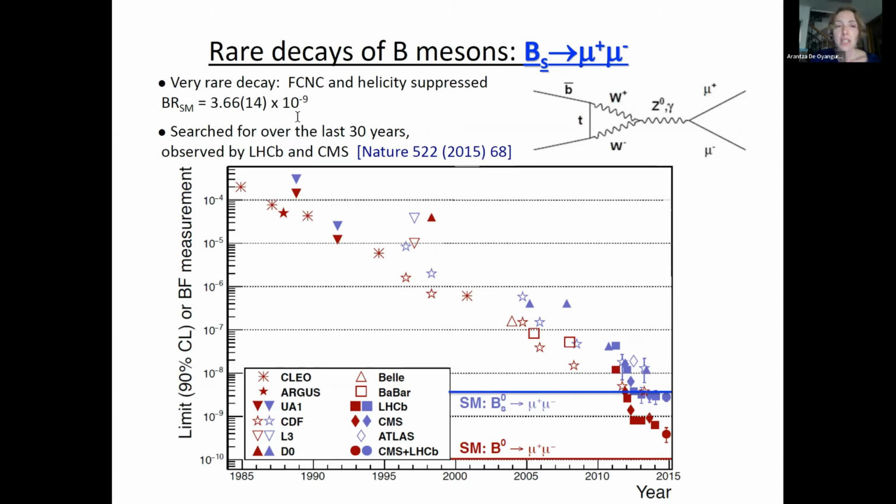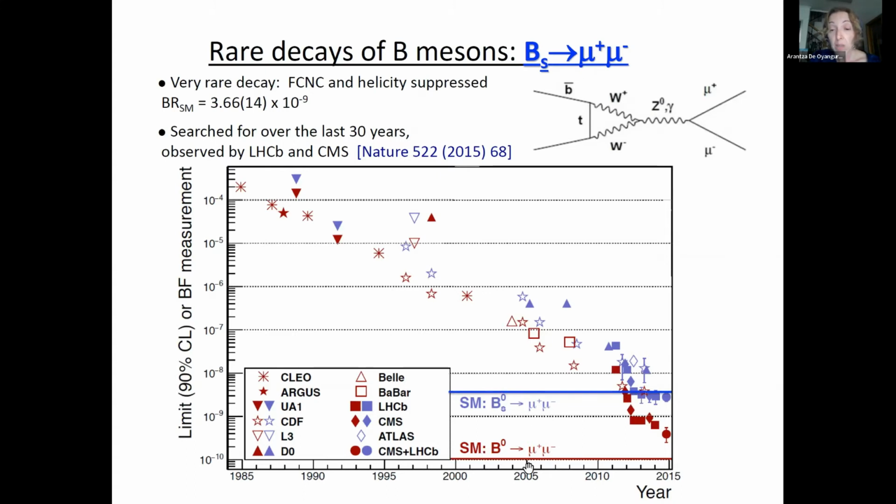Okay, it has been searched for over the last 30 years. You can see results from many experiments, and the sensitivity at the time. In the 80s it was 10 to the minus 4, and it has evolved with the experiments and with the statistics that we have. And finally, in 2012, the CMS experiment and the LHCb experiment detected this decay,